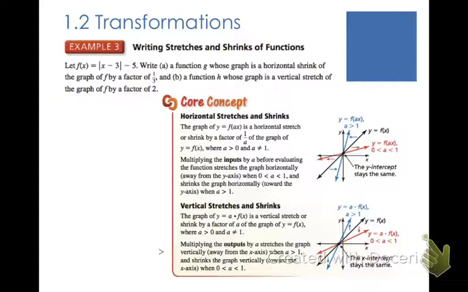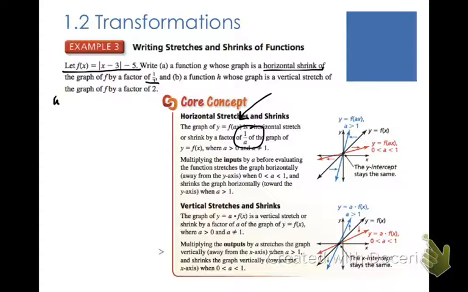So example 3 says take that function, the absolute value of x minus 3 minus 5, and first of all write a function g whose graph is a horizontal shrink by a factor of a third. With horizontal shrinks and stretches, it's the input that is affected. So our multiplier will go right in by x, and then it is the reciprocal that we use. So if we start out with f of x equals the absolute value of x minus 3 minus 5, then